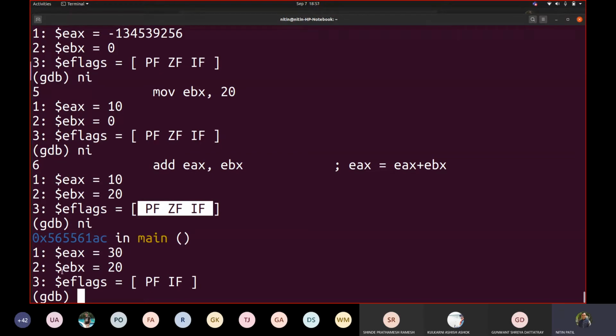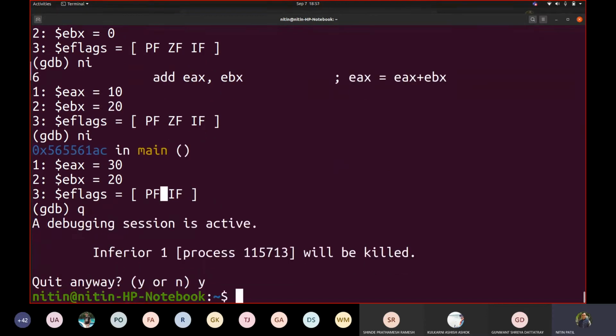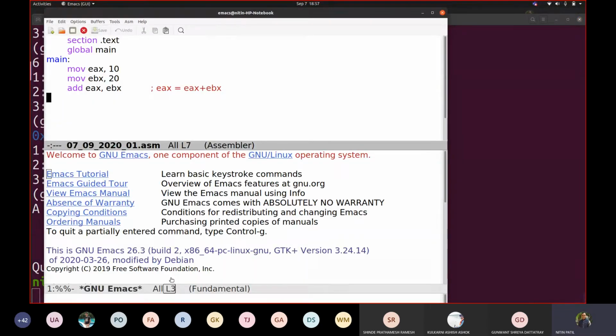But as our addition of 20 and 10 resulted in 30, which is a non-zero value, the zero flag was reset, and that zero flag cannot be seen here. Fine. So this is how arithmetic instructions make the change. So let us make the change again to see the impact. Let us write sub ex comma 30. Now we know that sum would be 30 and we will subtract it so that we will see whether the result is made 0.